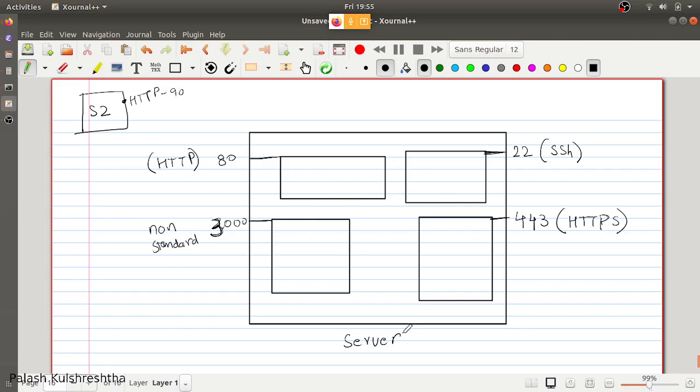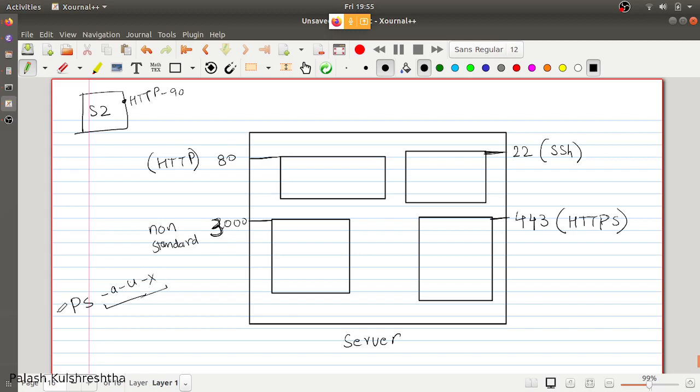Now, how are we going to know what applications are running on the server? For that, we have the ps command to know what processes are running, and there are multiple arguments like ps -a -u and -x to know what processes are running on the server.